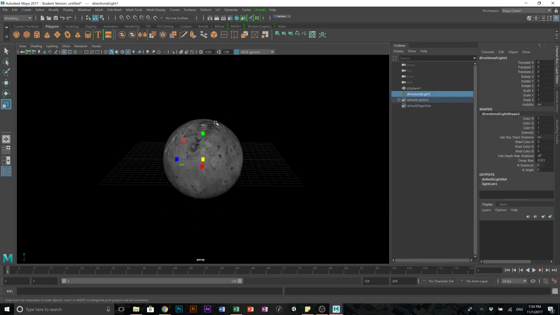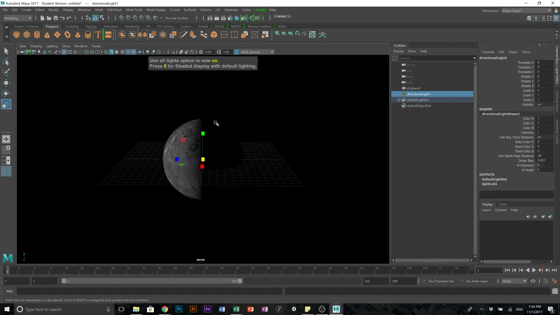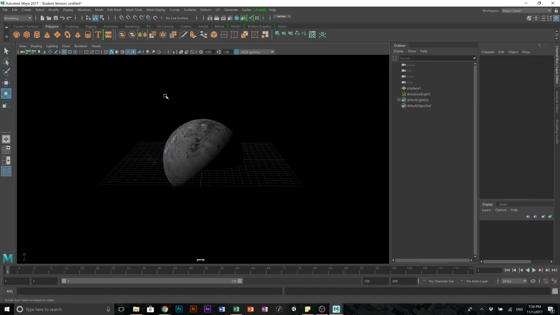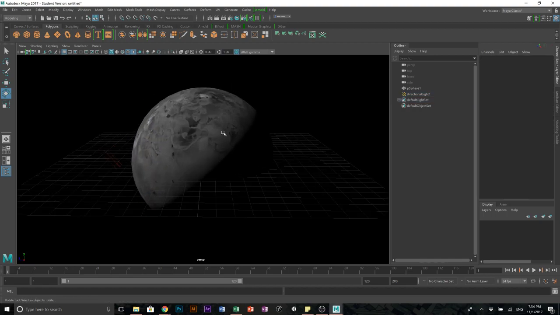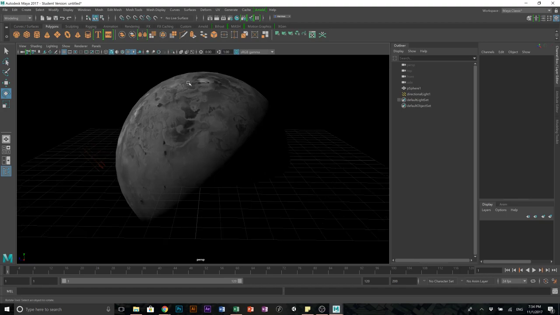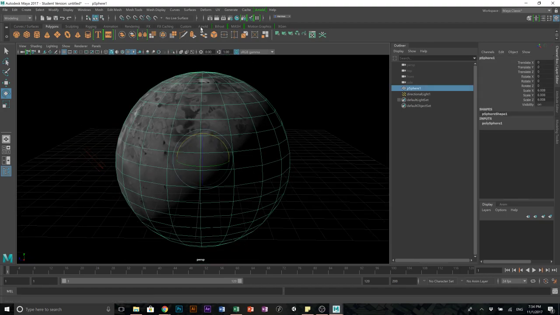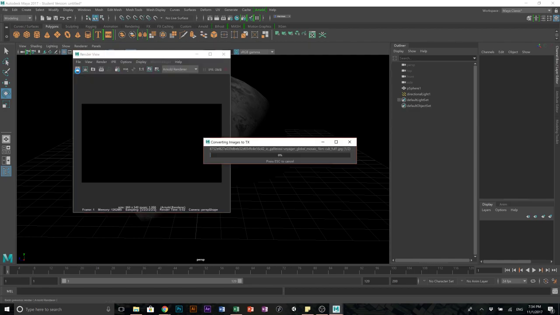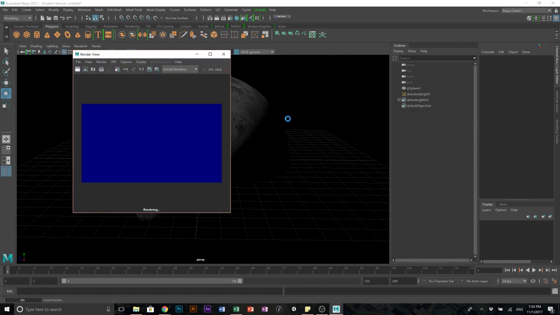And if you want to see how it looks with the light, click on 7. This will give you an indication of how your scene looks. Maybe rotate this a bit. Something like this. And now it feels like a moon. Again, you can't really see any difference, even if I do. But if I render this,